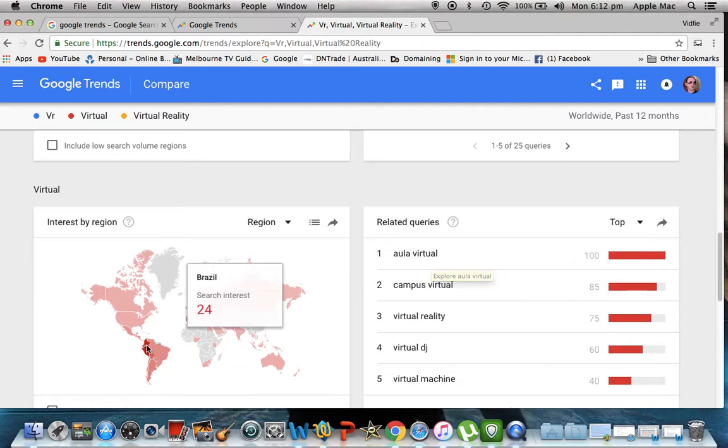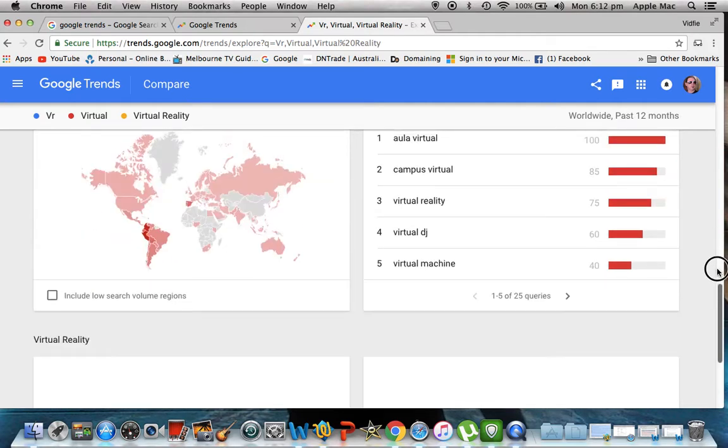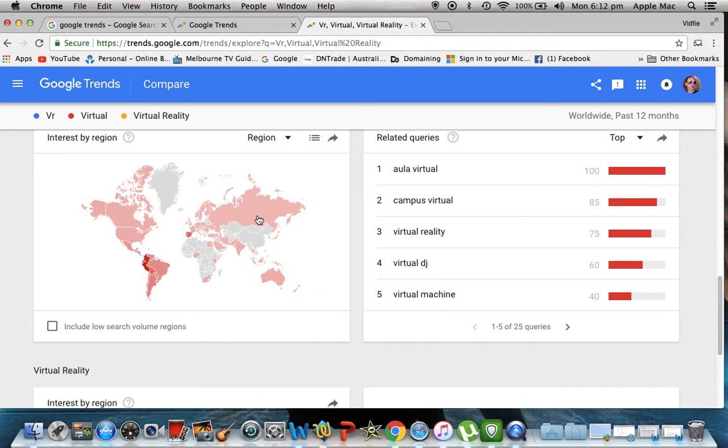I'm not even sure what that means, but in Ecuador. So, oh crikey, is that Spanish? I'm not quite sure, I would say that it's Spanish or Portuguese, one of the two. But as you can see, here are the different terms relating, virtual machine, relating to the word virtual. And once again, if we scroll over the different countries,